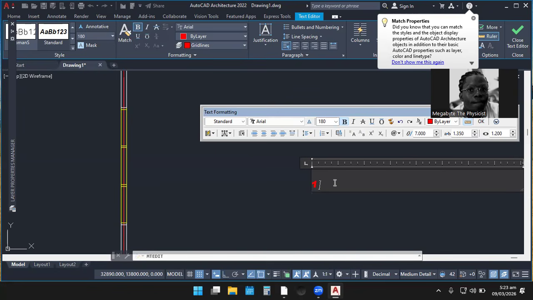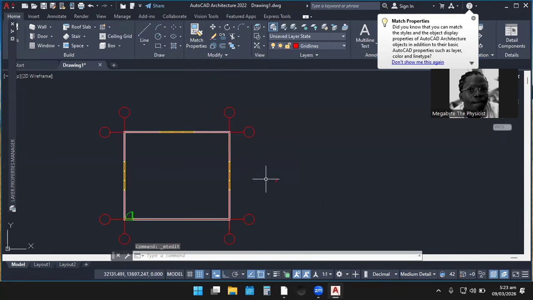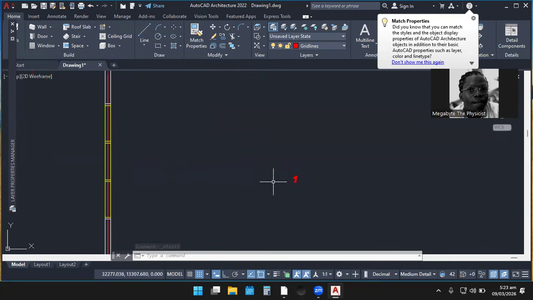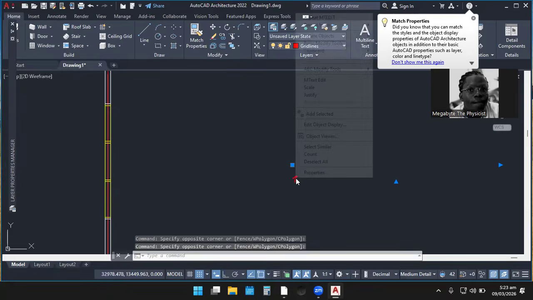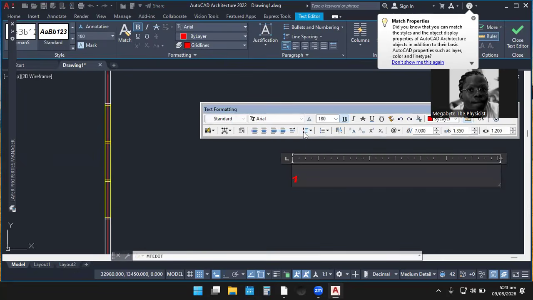So you see. So we can now just go and put it inside. If we are still not content with the distance, we just have to increase it. So we come to text edit. Maybe you want to use, let's say, 230. You just have to highlight it over here.